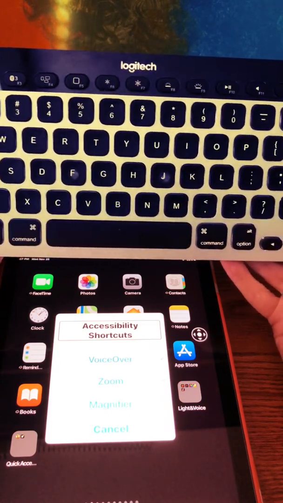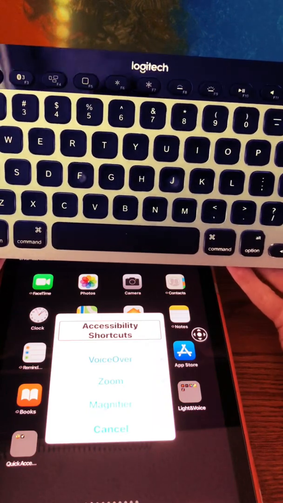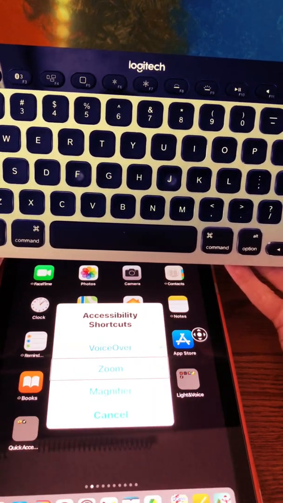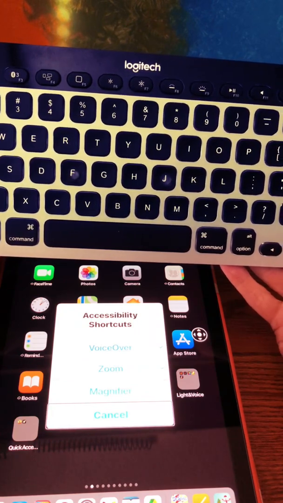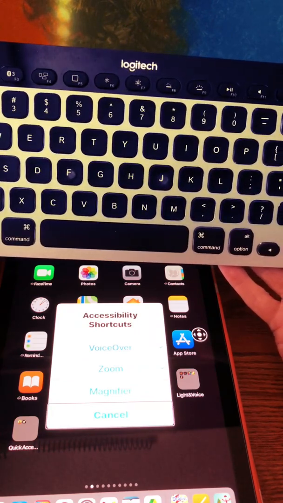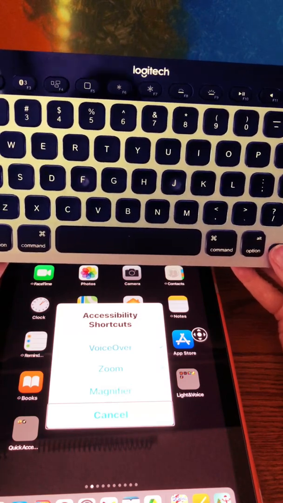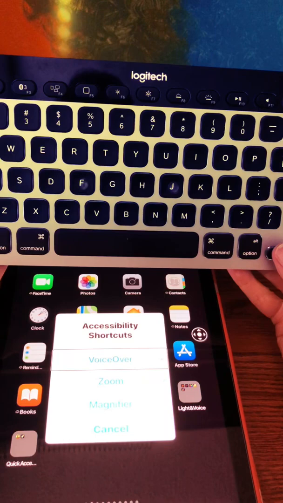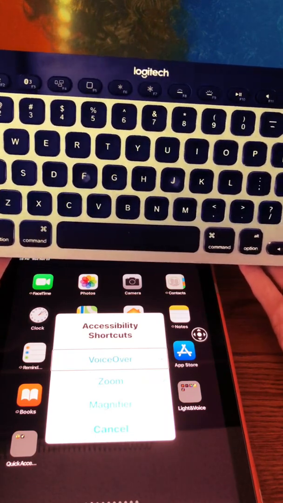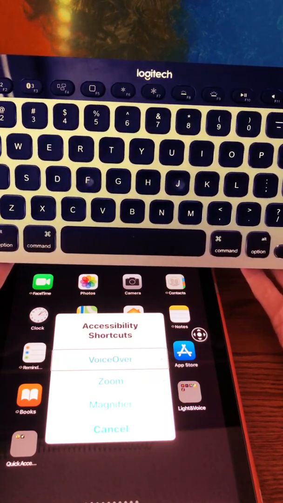It's not going to go that way anymore. So do the opposite. We're going to use the other arrow. Selected. Zoom. Button. Magnifier. Cancel. Button. Okay, so you can go through the menu that way. Cancel. Oh, it's stuck. So I'm going to go the other direction. Magnifier. Selected. Zoom. Selected. And VoiceOver is selected. And then to activate,